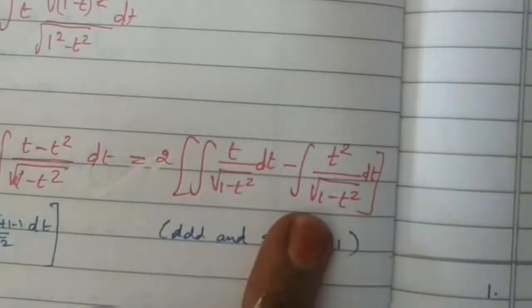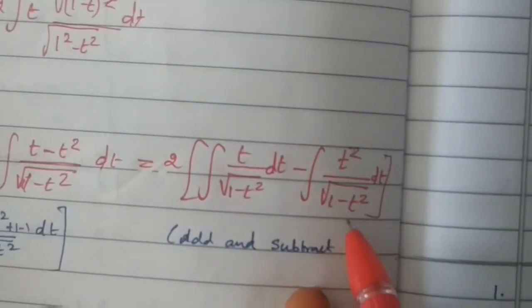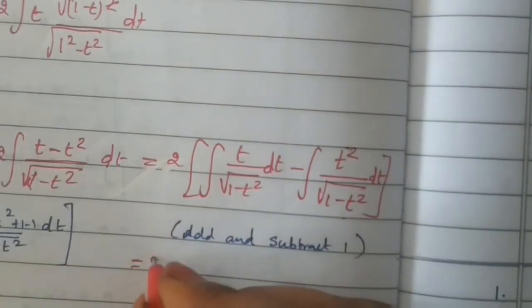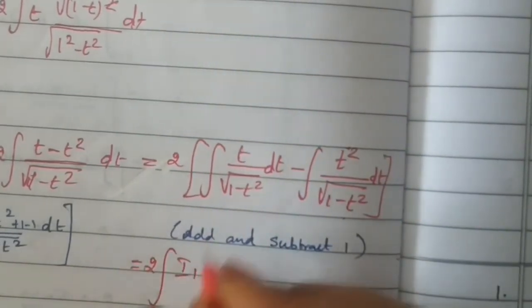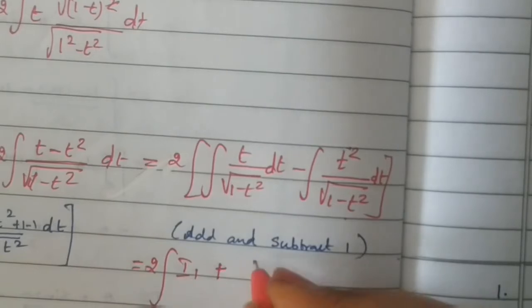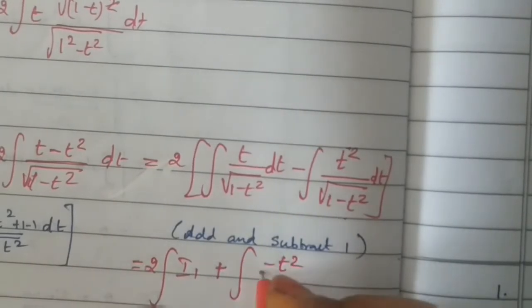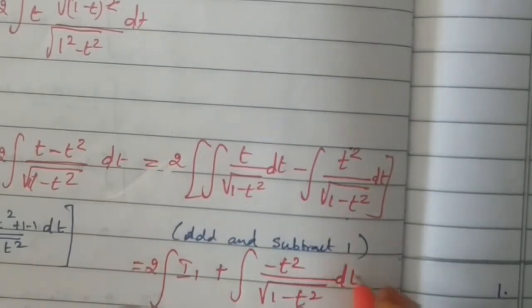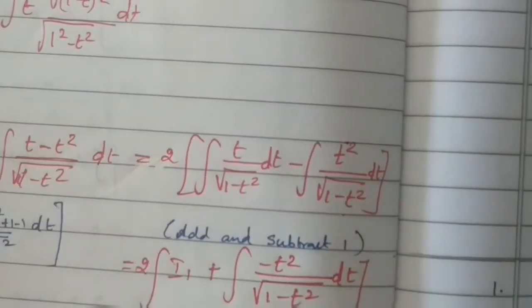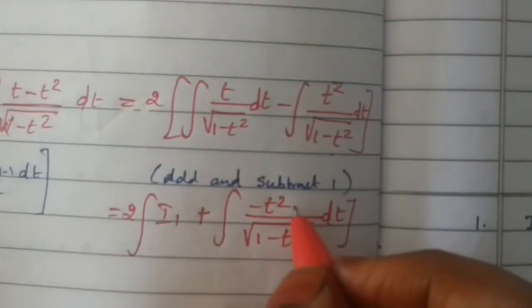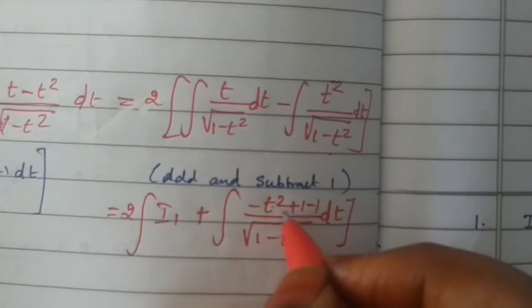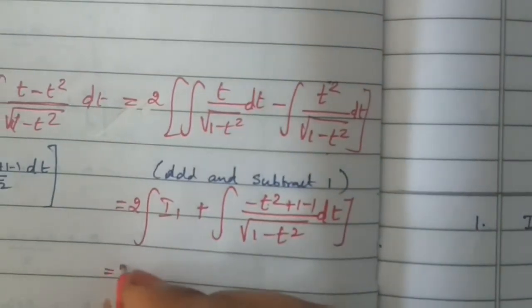The next one: what I told, if you have t squared in the numerator, check the coefficient of t squared. In the first integral you applied substitution, so make it plus and bring this minus t squared. The last sum also we have seen the same thing. Bring this minus t squared. If it is t squared here, you are going to add and subtract 1. So you can separate into two integrals again.